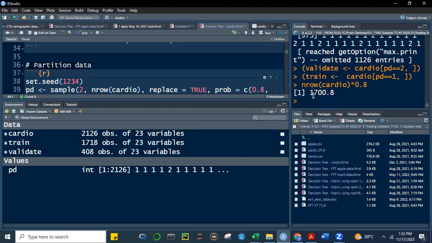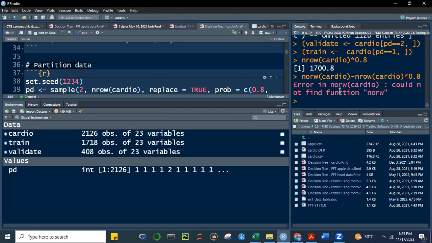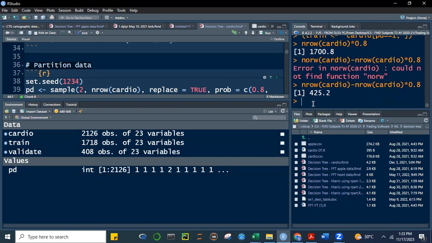And then of course, the other one will be n row, the number of rows of cardio minus what will be placed dun sa training. Ay sorry, mali yung spelling ko. All right, for around 425. Okay, kasi 1,700 ito, ito 425. Okay, so